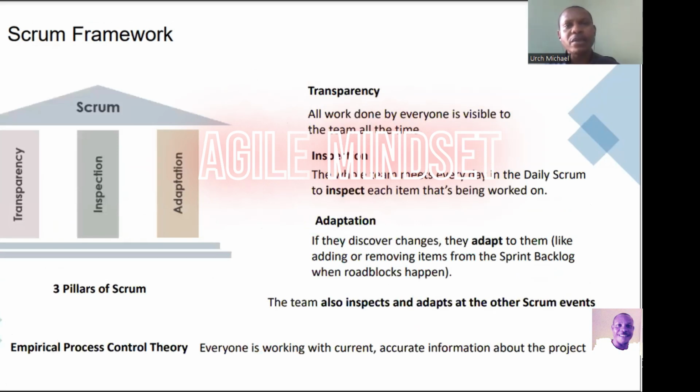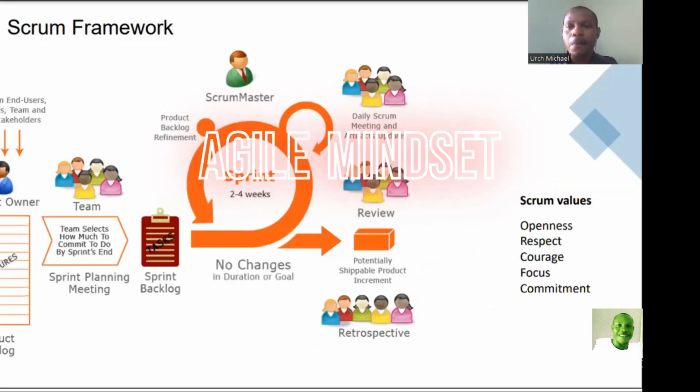So now we have this Scrum framework. Now, the Scrum is built on 3 frameworks. In your exams, you're likely going to say this, all right? Okay, so we have 3 basic frameworks. Number 1, but let me just go back to the previous slide. The Scrum values, we have what we call the Scrum values.